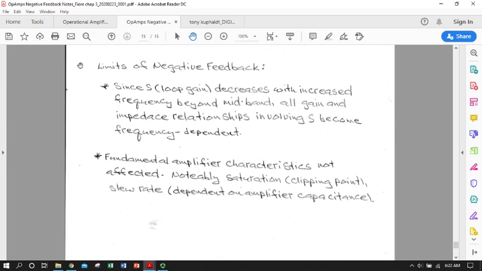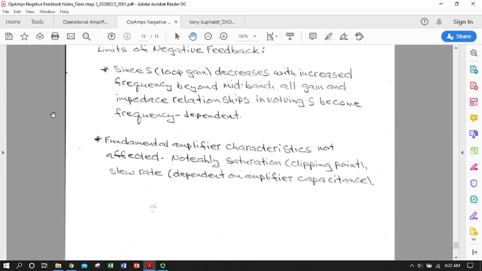You could probably do a back of the envelope calculation and say, well, if my open loop gain is decreased by maybe 4 orders of magnitude, what's my S? Maybe there's other things that would limit my amplifier use past then. Of course, 4 decades of frequency increase is probably plenty to be extending. The other thing to remember is